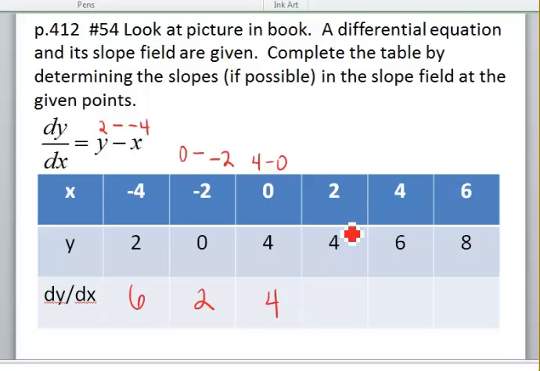Now we'll look at 2, 4. So when y is 4 and x is 2, what's the slope? Well, it's 2. And we'll just keep going and plugging in things, and we find out when y is 6 and x is 4, we have a slope of 2. When y is 8 and x is 6, we have a slope of 2. This is the type of table we are